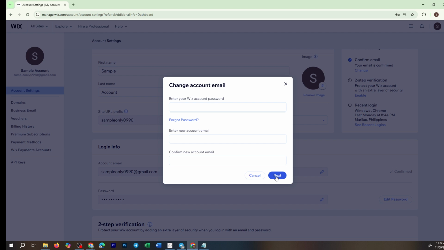And that's it. You've successfully updated your email on your Wix account. Everything should be good to go now. If you encounter any issues, don't hesitate to revisit these steps to ensure nothing was missed. Your new email address is now linked to your Wix account, providing peace of mind that you'll receive all important